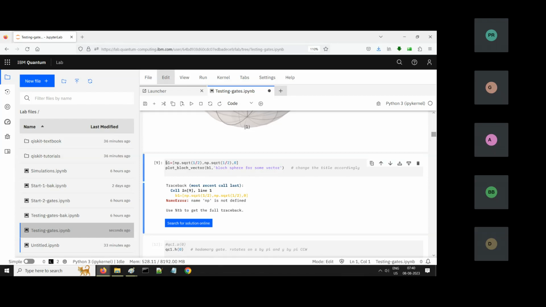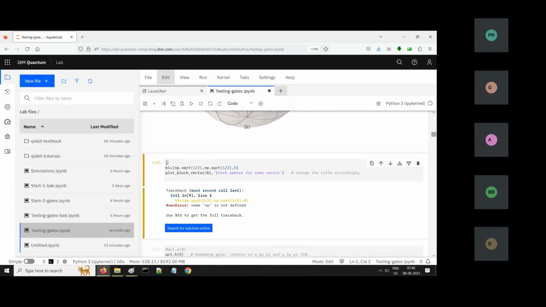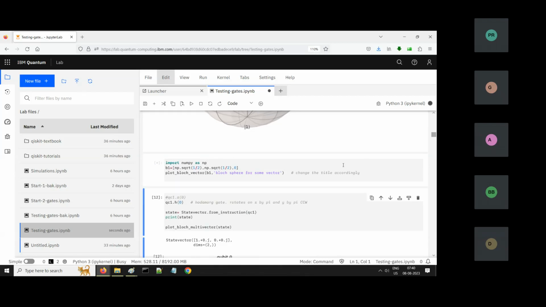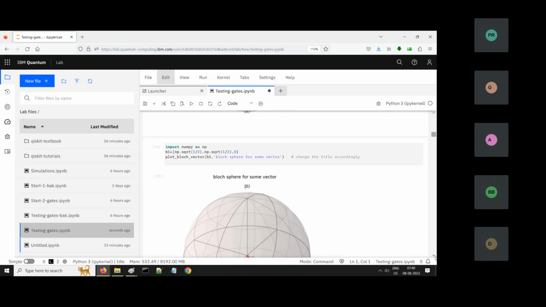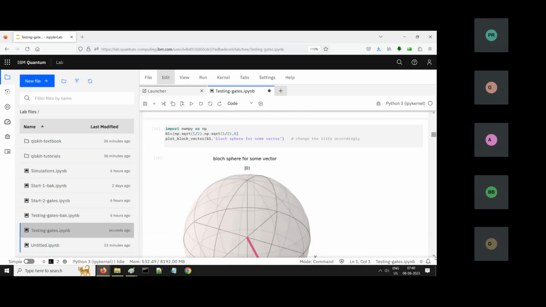See, I keep on forgetting that. So I just say import. Okay, so I'll quickly do that and then run that. And now you see NumPy is used,